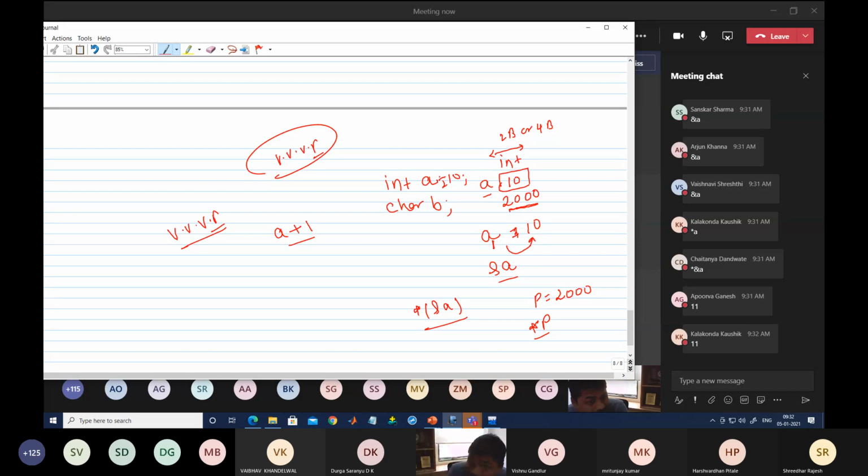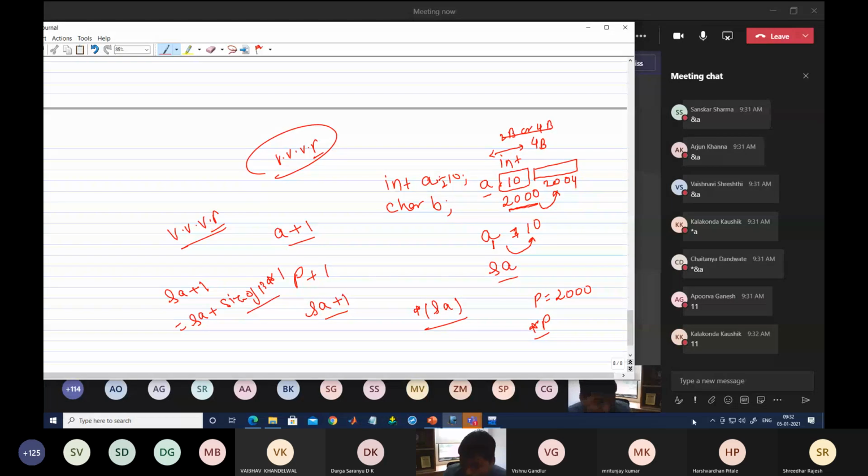Okay. But if you are writing here P plus 1, or if you are writing here &A plus 1, then in this case, it will go to the next memory allocation. What is the next memory allocation? Because now assume that in your system integer is taking 4 bytes of memory, it will go to the next memory allocation. That address is 2004. Means if you are writing here &A plus 1, this is nothing but equal to address of A plus size of the box into